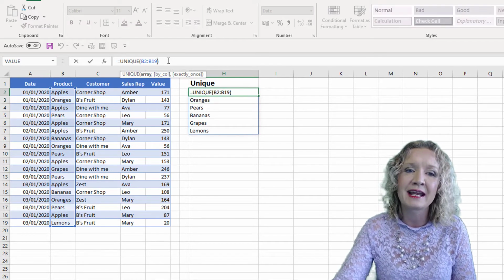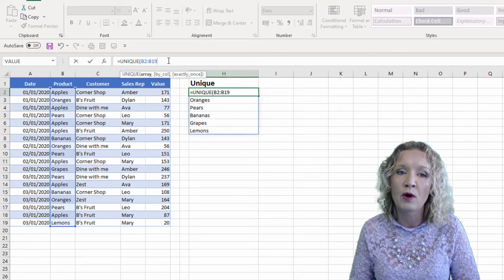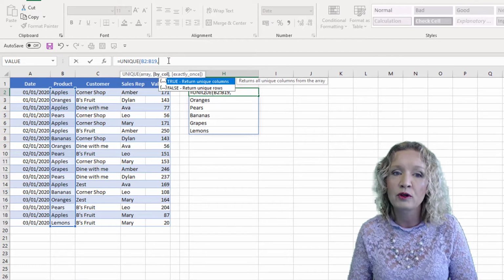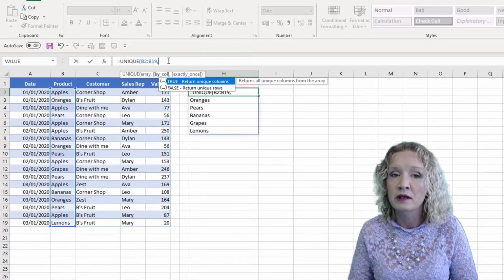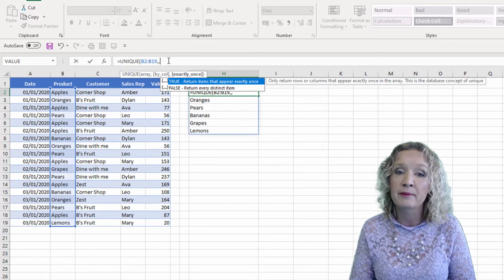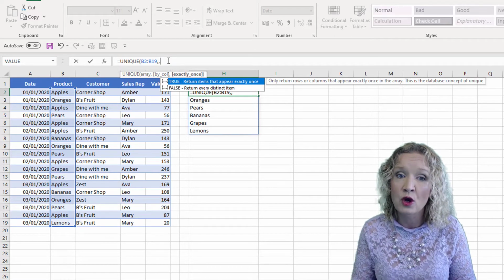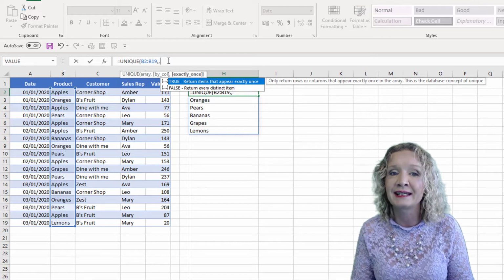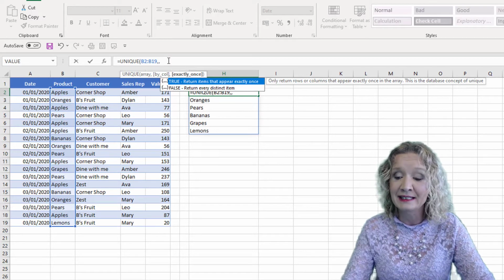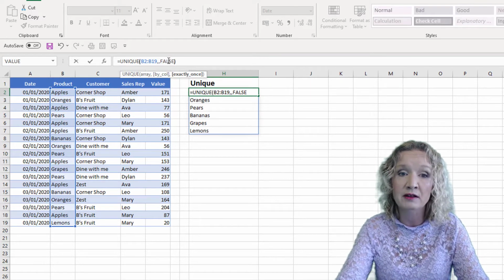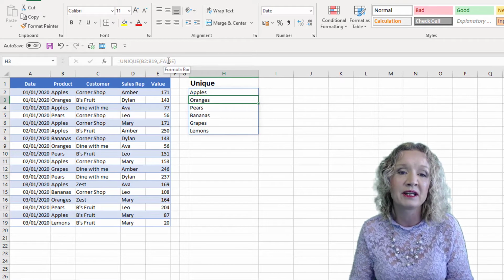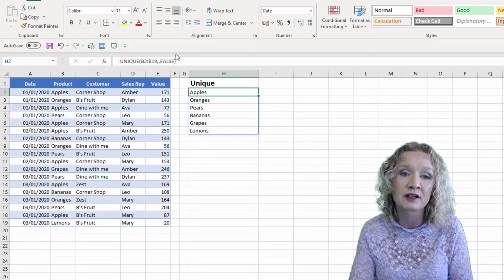Let's go ahead now and take a look at the other two items. So I'm going to skip by column for a second, and then we're going to look at exactly once. So exactly once allows you to return items that appear exactly once, or return every distinct item. Returning every distinct item is the default. So if we were to select false, we will get the same result that we got when we didn't select anything because it is actually the default.